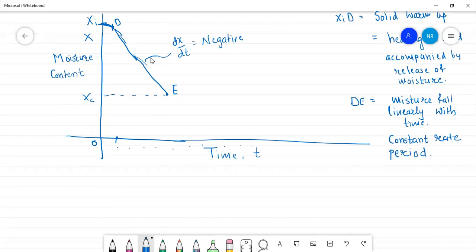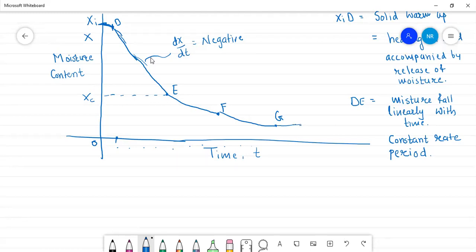So now there will be two regions. One region will be EF, and another region will be FG. There are two regions where the moisture is being removed, and that removal of the moisture is non-linear. It's non-linear, and then after that the solid is unable to decrease the moisture